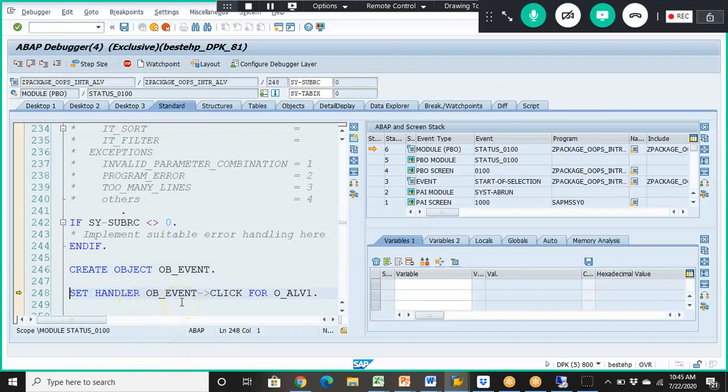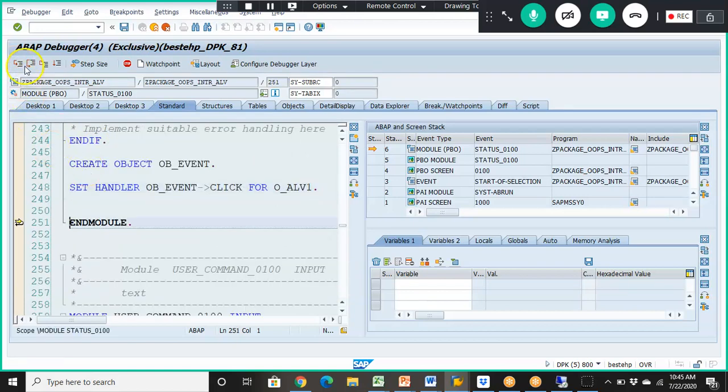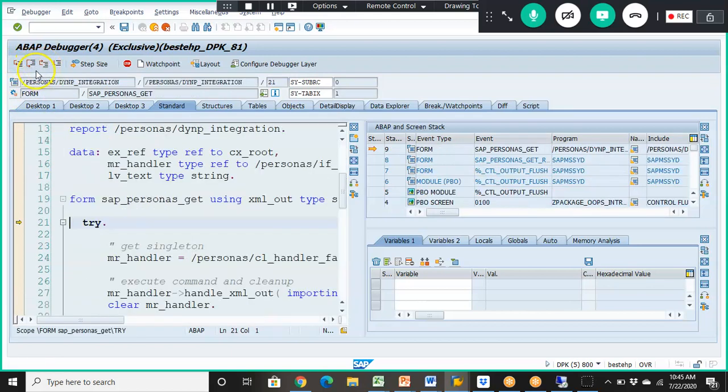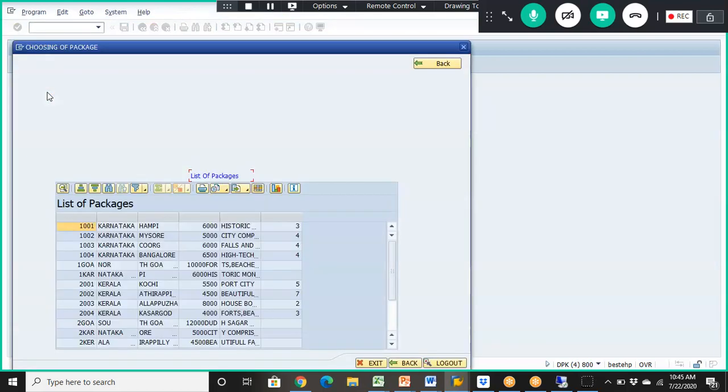Create object, OB underscore event. Okay, OB underscore event. Click for O underscore LVB. Okay, it is coming.